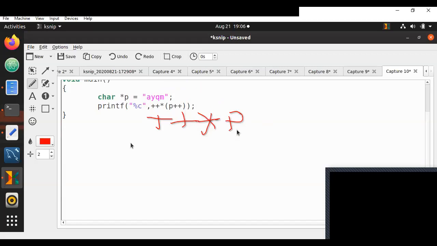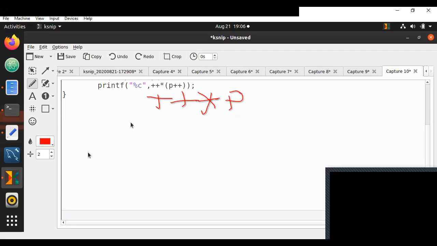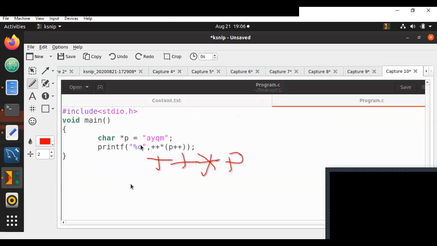Now, in this case, p will point to the address of a. Before explaining this, you guys already know how arrays always point to the starting address. You know this already, right? Just let me know. Whenever you have an array, you know that the array name stores the starting address of the array.